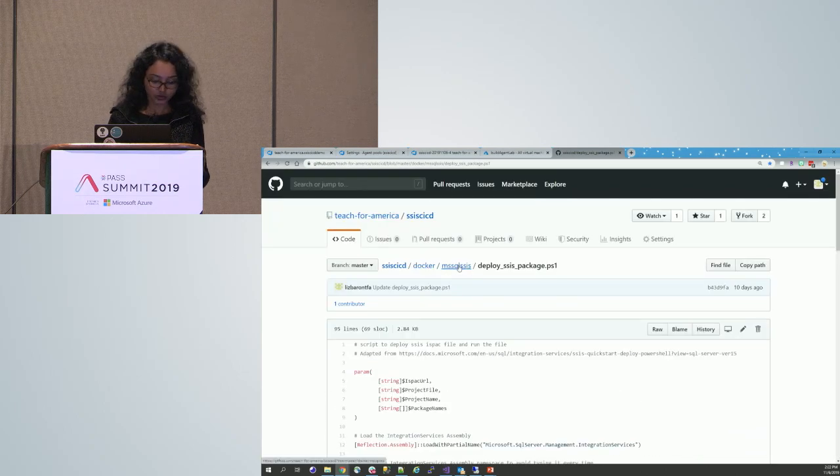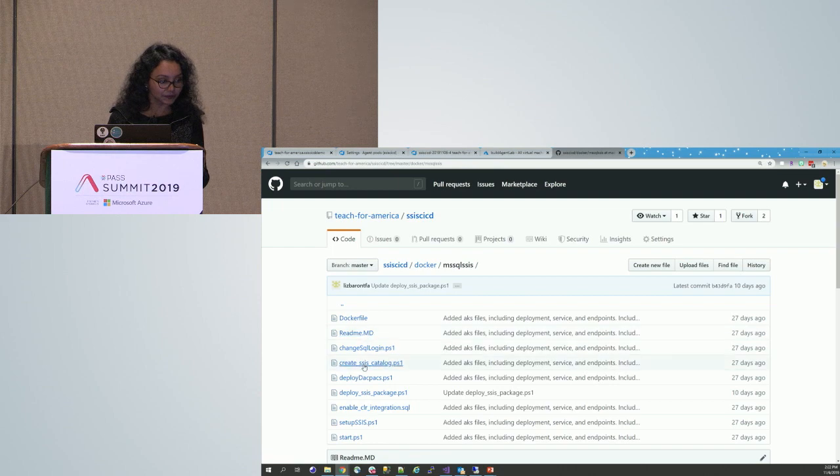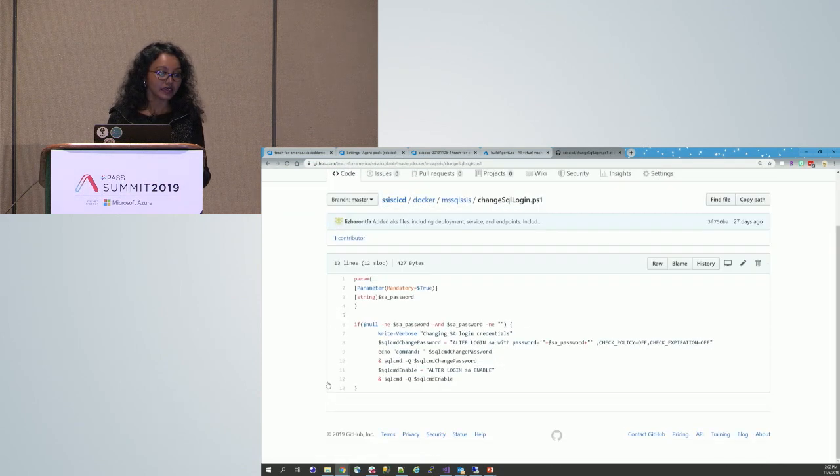Now let's go back to the other scripts, which is change SQL login. Here we are changing the configuration. By default, there is no password expiration set, and we have seen the containers were throwing errors about the password expiration every 30 days. But because it's again an isolated environment, we turned it off. Not recommended for production environments. This is only for testing purposes.